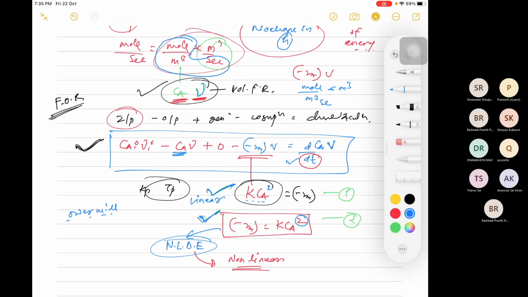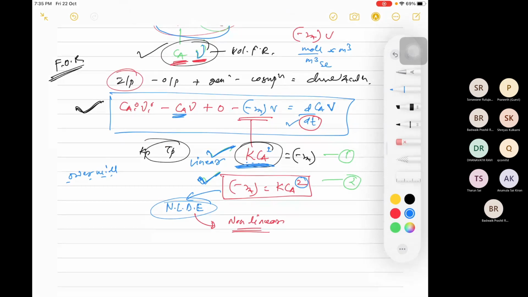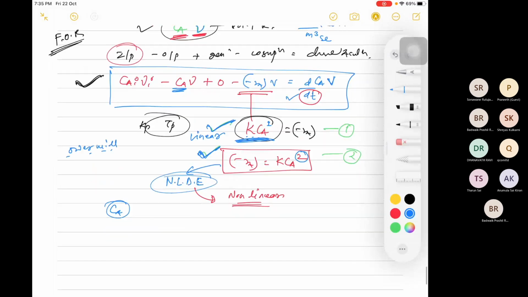Okay, but I'll tell you how to convert this. Right now, please consider we'll take a linear system. In order to convert non-linear into linear, you will use Taylor series approximation. That we will do later. So right now you take linear and take this CA as common, and tell me what is A1, what is A0, what is B, and based on this calculate Kp and tau p and tell me.